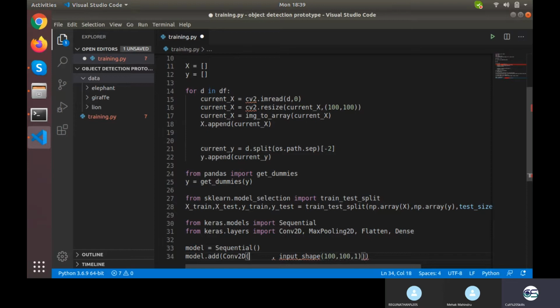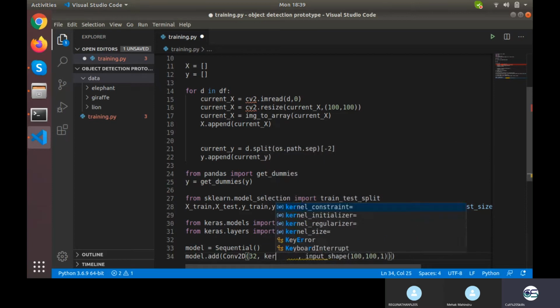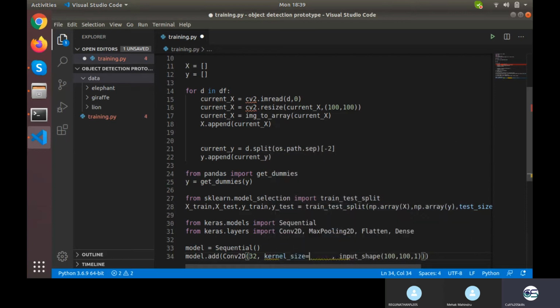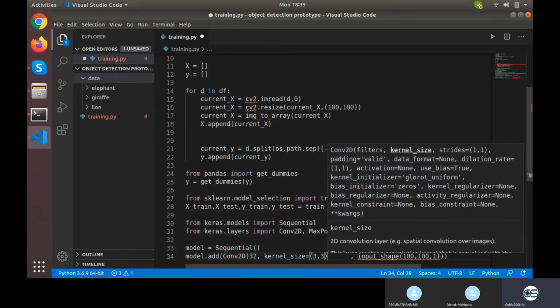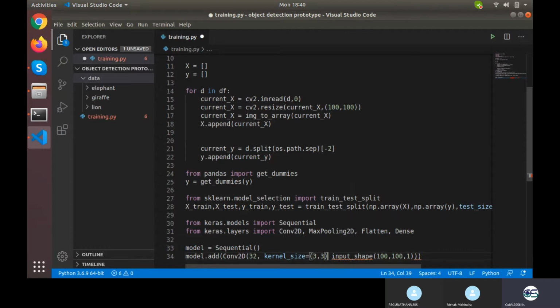The first thing I need is how many filters. I would go with 32 filters as of now. Then kernel size, which would be 3 by 3 simply. Anything else I need to pass? No. So this is what my convolution function looks like.